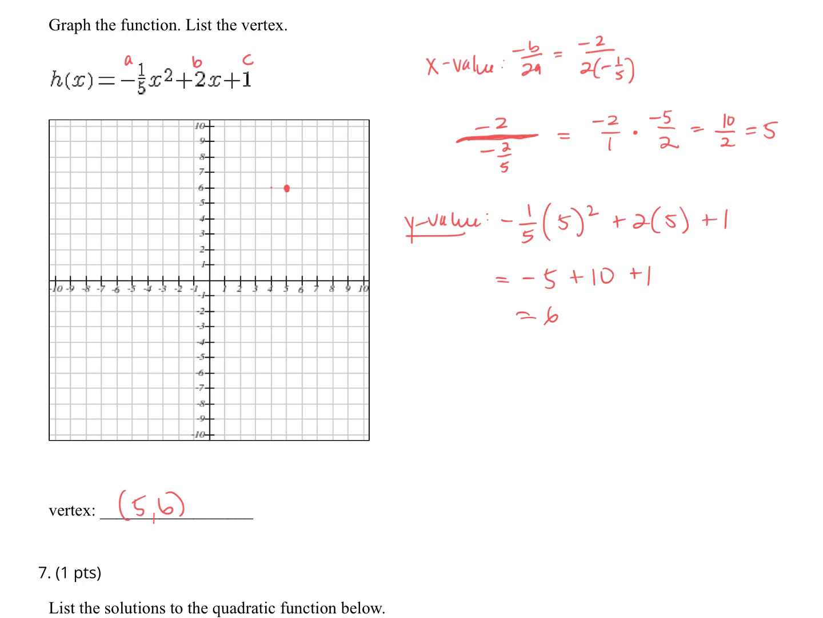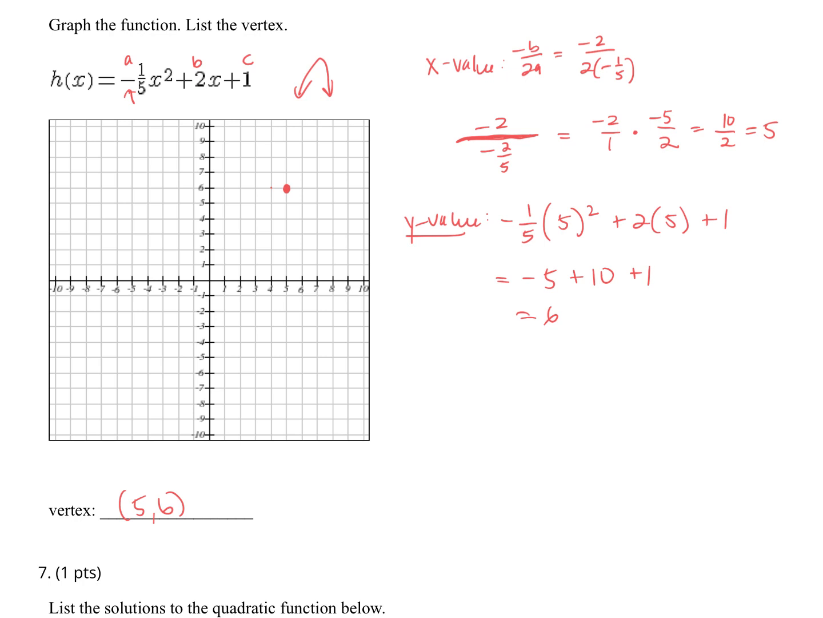Oops, 5, 6. Since we have a negative out front, remember that means it's going to be facing down. So our parabola is going to be going down. And we want to figure out what another point would be. So you can either use your graphing calculator to find another point, or you can choose a point and plug